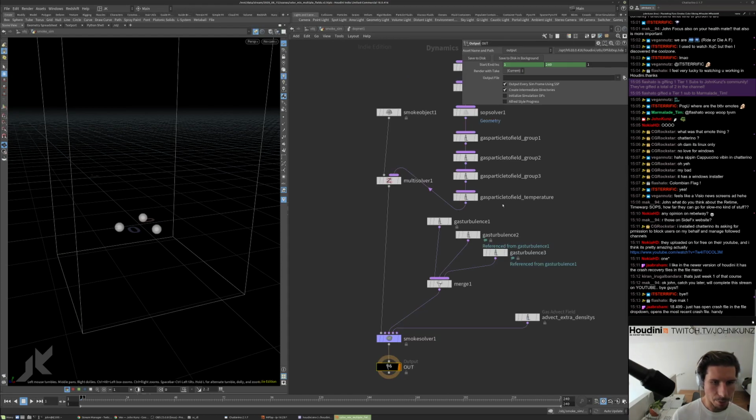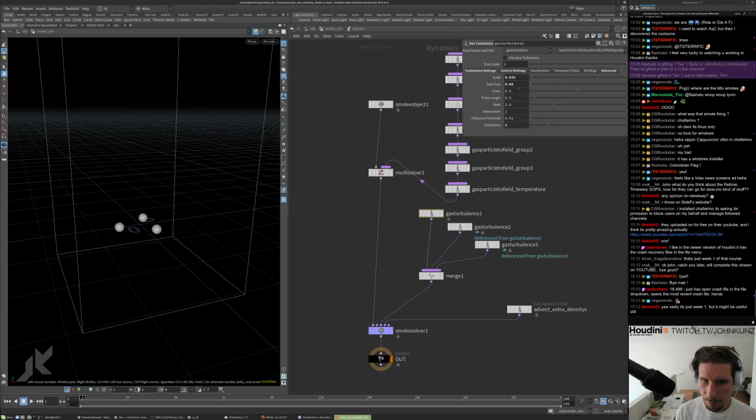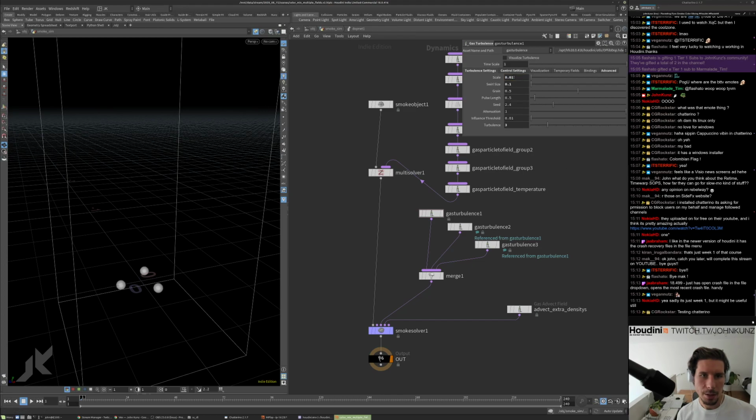Just making the emitter a little bit smaller should give us a little bit more detailed mixing, or less blurriness. And then the other thing I wanted to change was the turbulence settings. So we'll try a bigger swirl size. Someone earlier was talking about stretching the noise out along the path. So I think if we do less scale and a bigger swirl size,